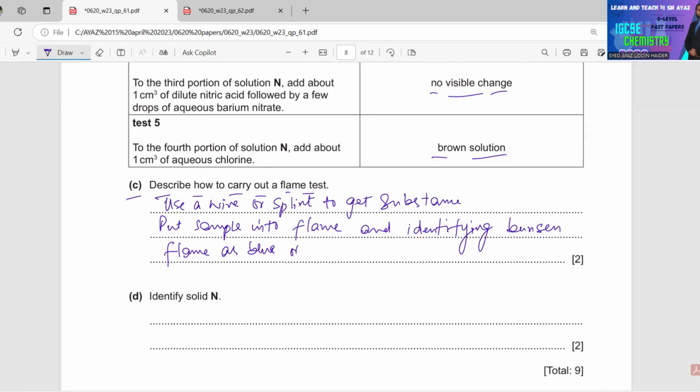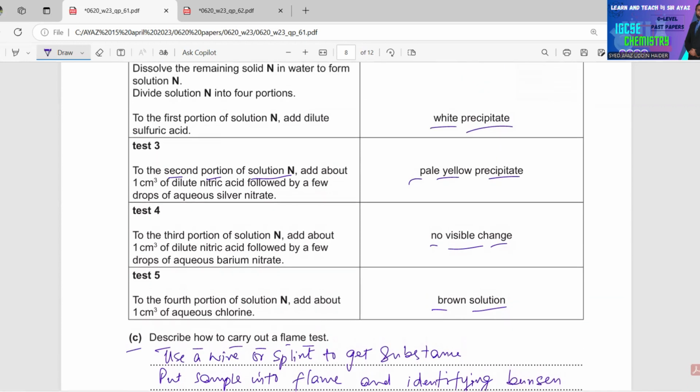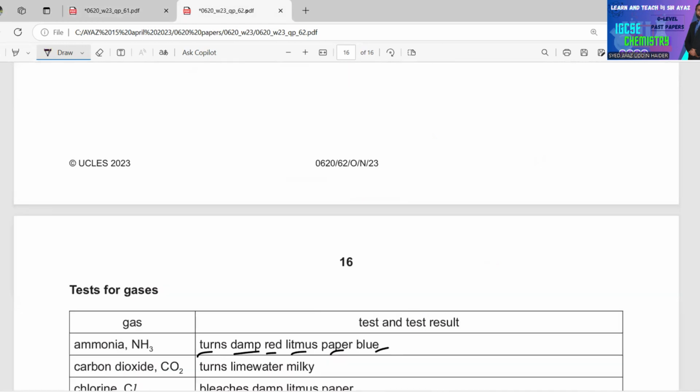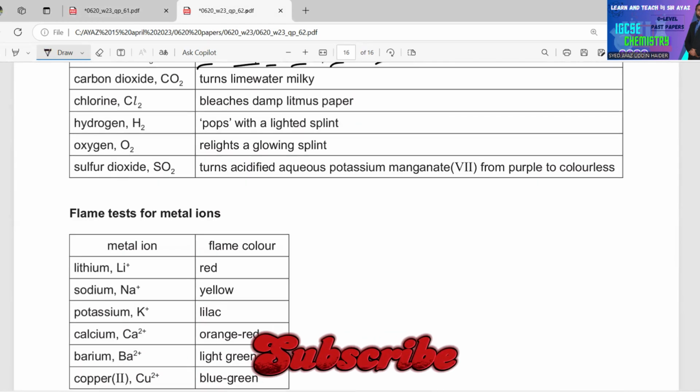Identify solid N. Now if you look at these tests, the first one they are saying is a light green flame test. Let's see the light green color. It must be